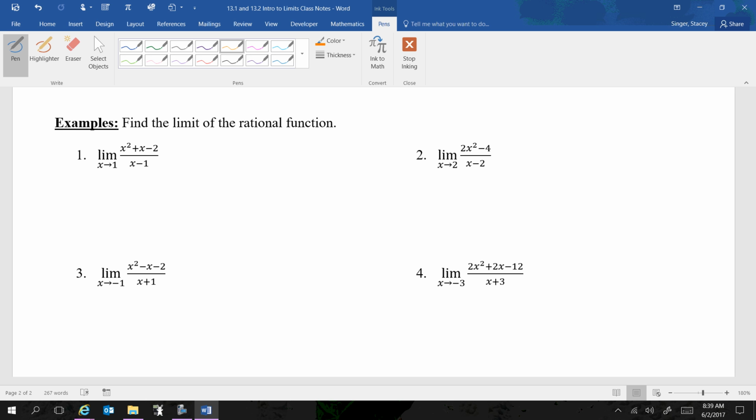Okay? You guys having fun looking at whatever pictures you're looking at? Because I don't think that's involving limits right now. Could be. Alright. So,